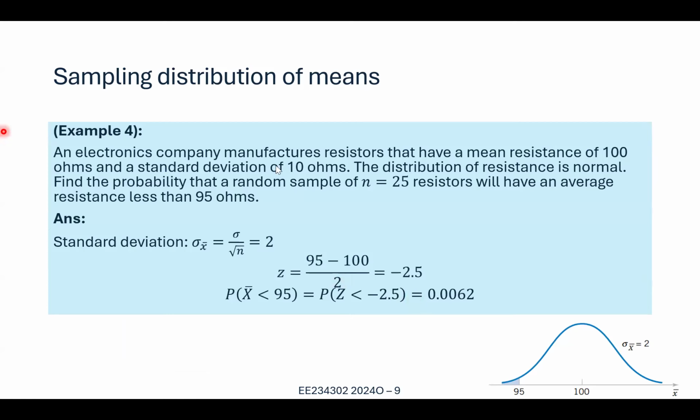So there are several data here. This is the population mean. This is the population standard deviation, so this would be sigma, and this would be the mean, which is mu, right? And we have n, small n, is 25. We'll have an average resistance less than 95 ohms. So we have all of the data, and this is based on